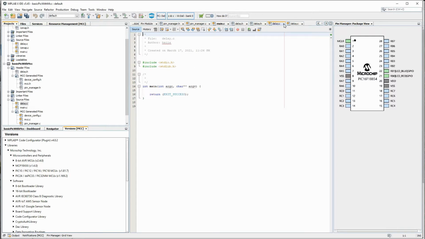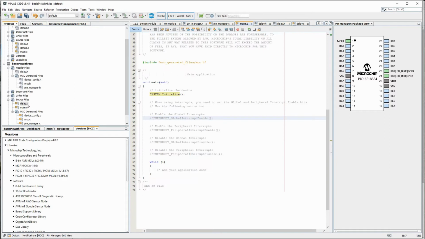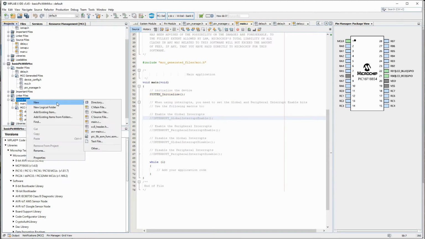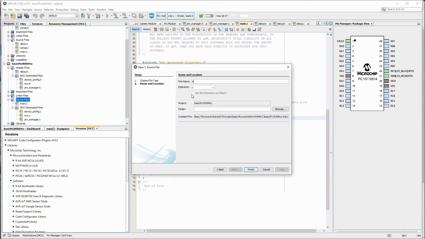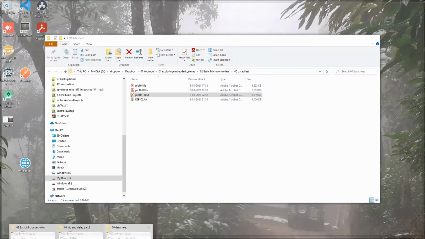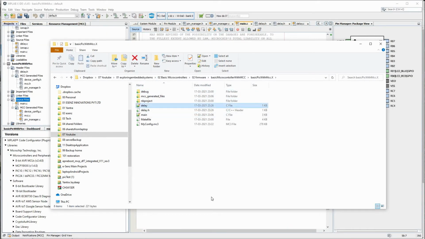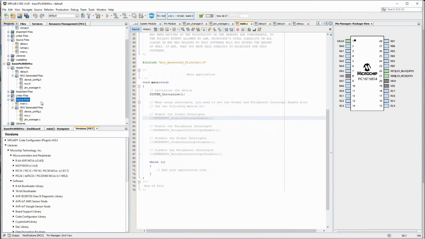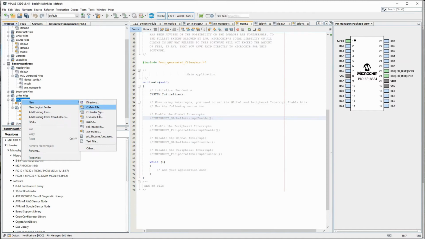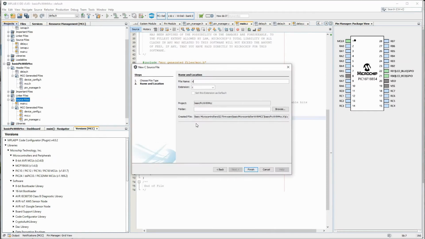I think I have called a main file itself. One second. Let me just delete that. Source file delay already exists. So let me just go to that folder path and delete it. Remove did not work. Delay.c is already there. Let me delete it and try creating it now. Delay.c. Let me finish it.